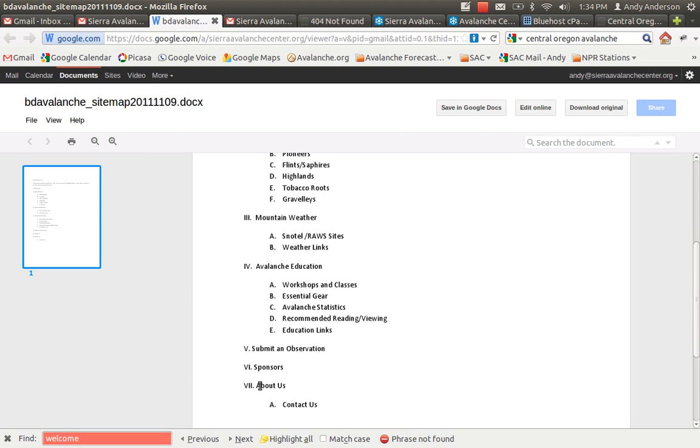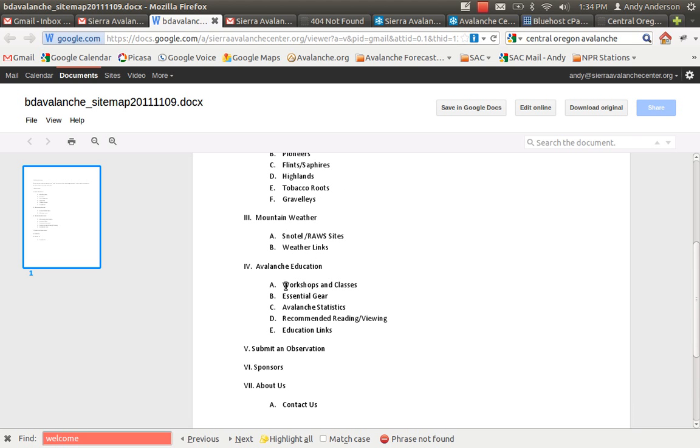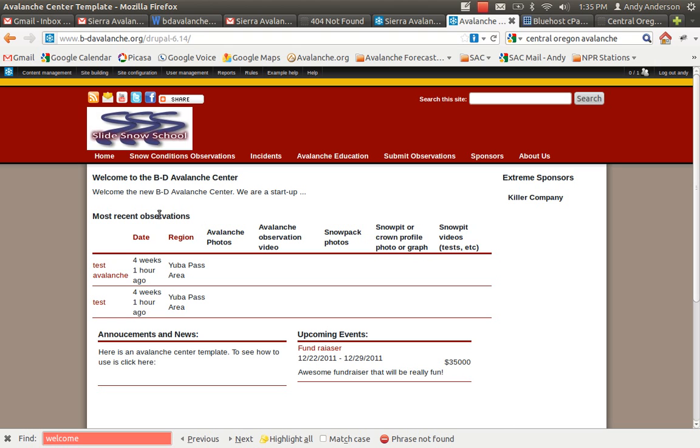And there's already a content type for sponsors, so we'll go over that. And you're probably going to want to create or edit a contact us page. So the other thing we might want to do is create a way to put in workshops and classes, but we'll need to talk more about that in person. So, okay, let's look here. So you've got all those pages to create, and then let's look at some of the things that are already